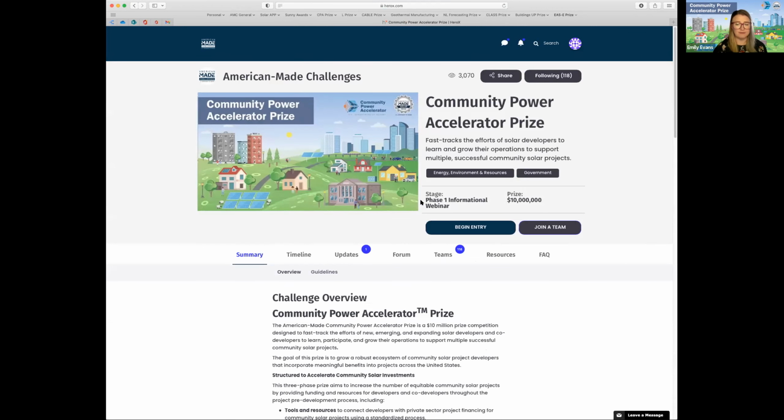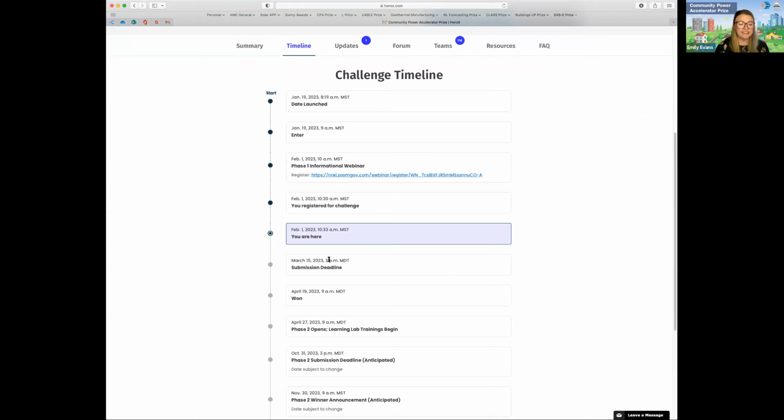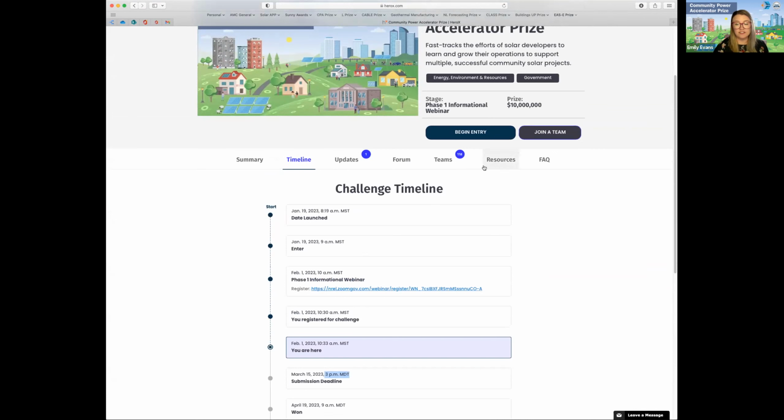Always a good idea to check out that submission form well ahead of the submission deadline, which I should mention is March 15th. And this is 3 p.m. Mountain Time because that's where I'm located, but it's also 5 p.m. Eastern, which is our published time. Note that the submission form is going to close exactly at 5 p.m. Eastern, 3 p.m. Mountain. So at 3:01, you're no longer going to have the ability to submit. Highly encourage you to submit early. Make sure that you give yourself at least a good couple hours buffer there. It's no fun to get surprised. If you do run into any technical difficulties, you can always email us at solar.prize@nrel.gov, and we are here to support you.